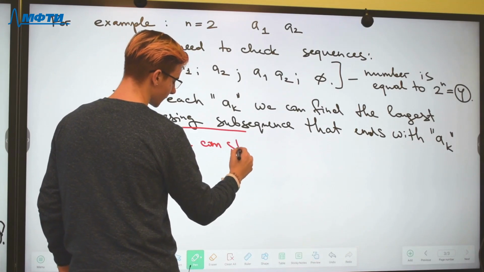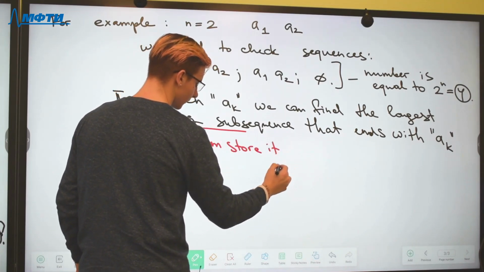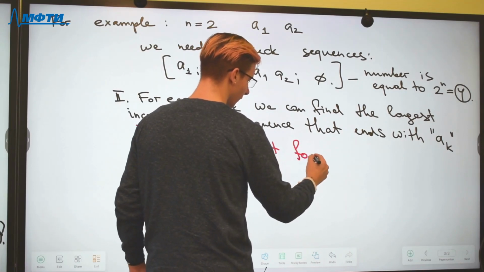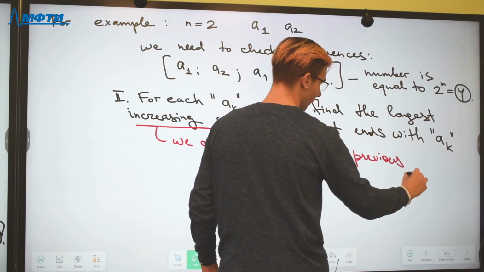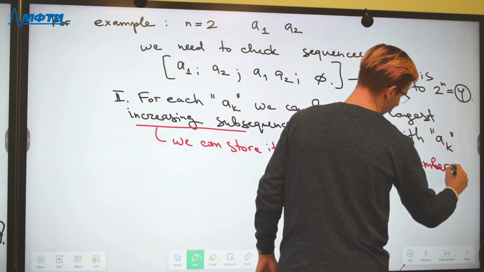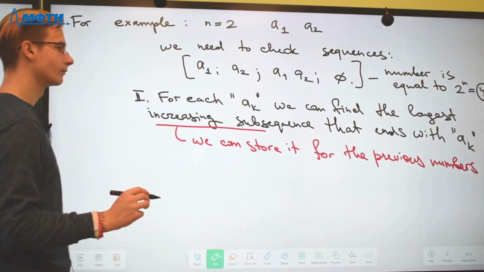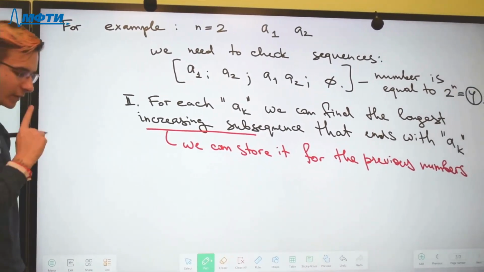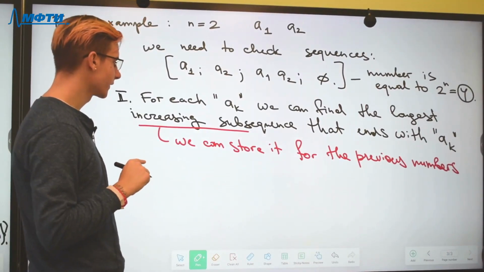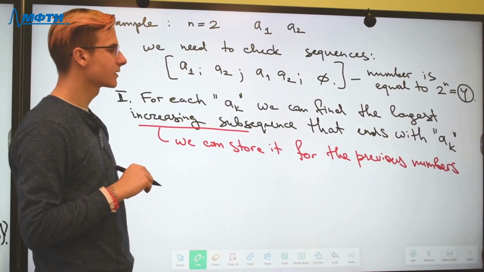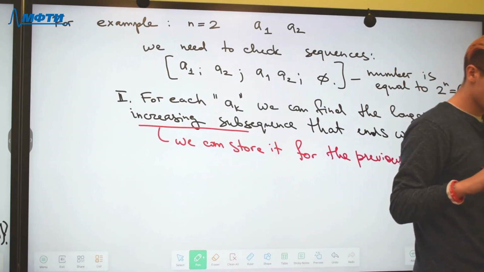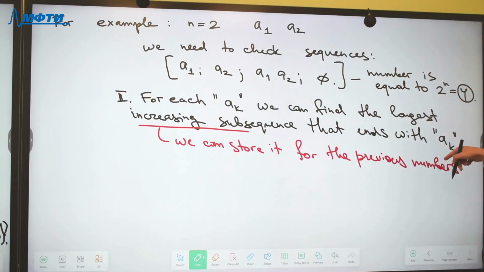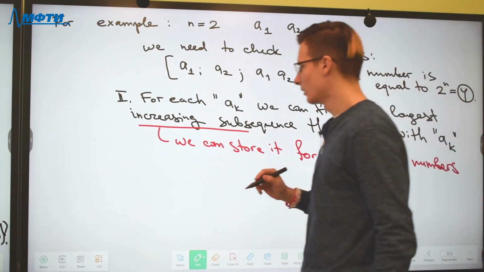We can store it for the previous numbers. So if we know the length of the longest increasing subsequence that ends in A(k-1), A(k-2), A(k-3), etc., down to A1,